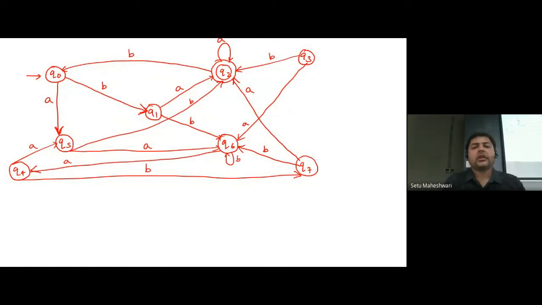So if I want to remove Q3, then what am I supposed to remove? First, I will remove Q3. Then I will remove all the outgoing arrows from Q3, right? So if I remove all the outgoing arrows, if I remove these arrows from Q3,